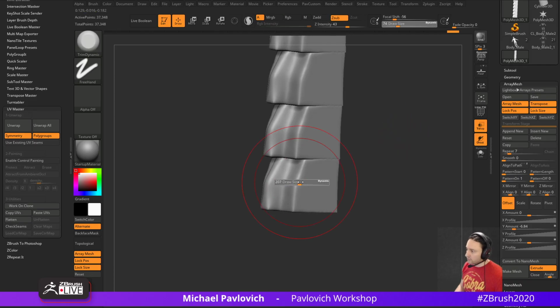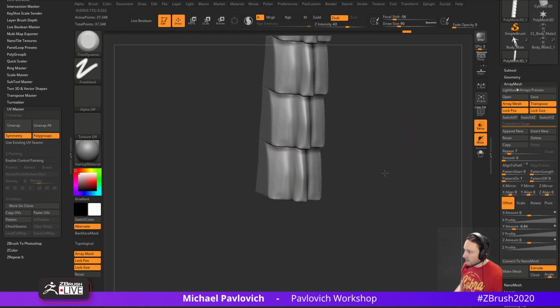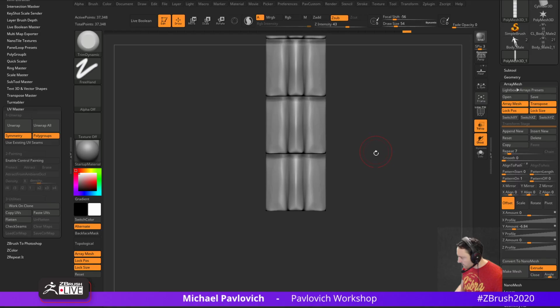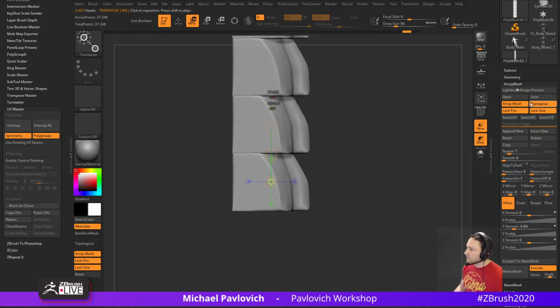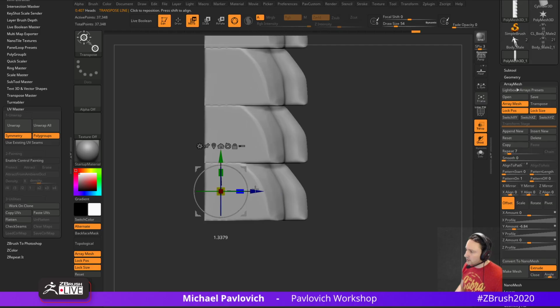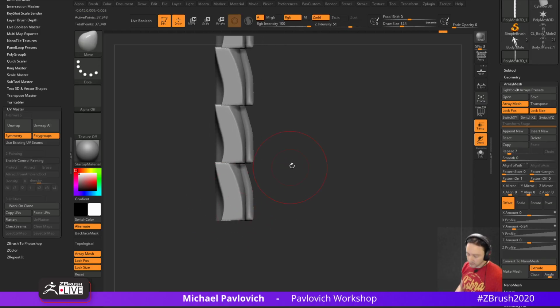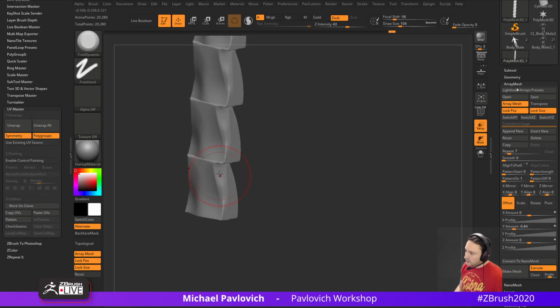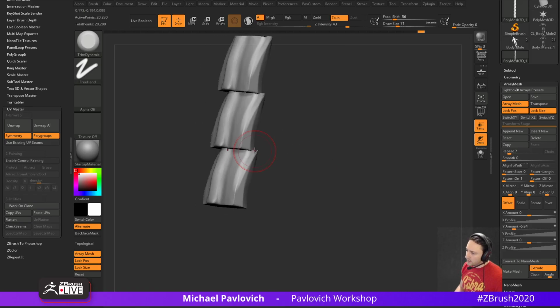So again, we can go in here to our trim dynamic, and we can start just kind of locking in what we want our shape to look like. And it looks fine, so let's go ahead and, we have transpose turned on, so I can use this transpose line. We can turn that off once we're done with that and go back in here to Gizmo. And now we can start modifying this a bit to get the shape that we're looking for here, like so. And what we're going to end up doing is converting this to a,